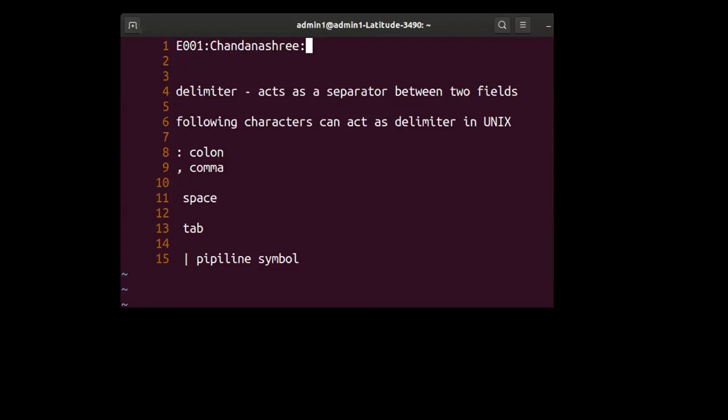After the name I will have a colon which acts as a delimiter, and I will put the designation, which is tester, followed by the company where she is working. Chandanashri likes Infosys, so she is working in Infosys.